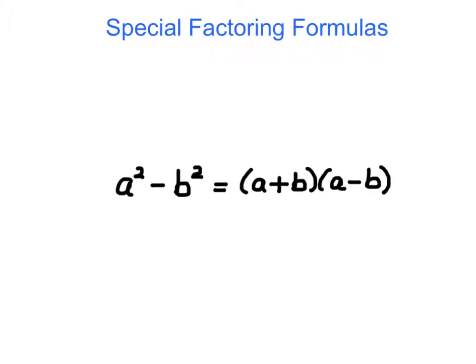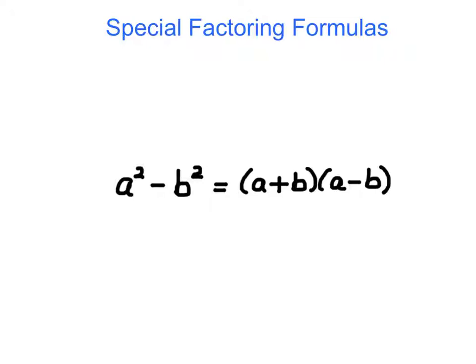Here, we're going to look at special factoring formulas. Our first special factoring formula is when we have the difference of two perfect squares. Here we have a binomial that's subtraction instead of addition, and if the first and second term are perfect squares,